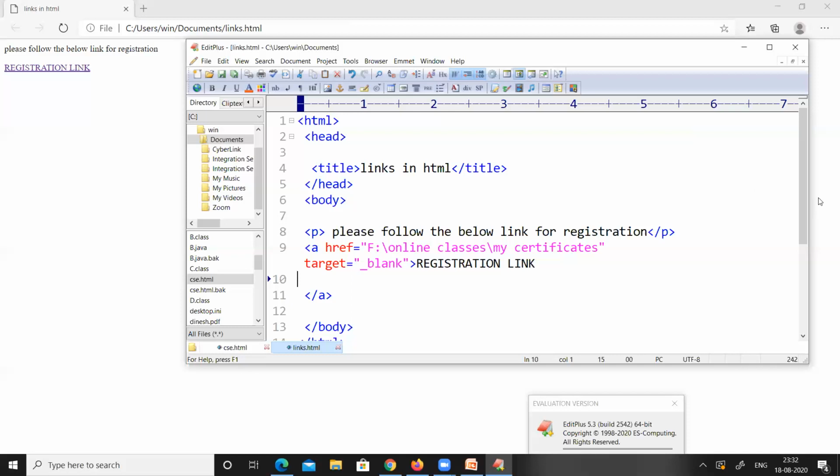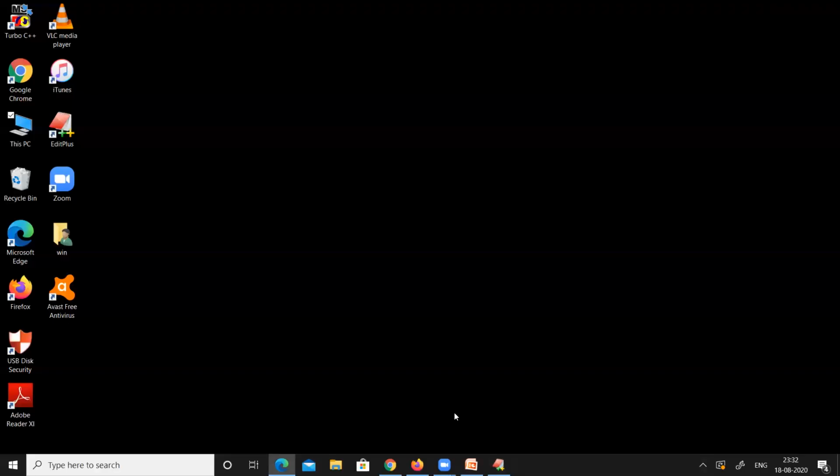Initially I said that I am going to cover 3 topics in this session, but unfortunately I'm unable to cover the remaining 2 topics, that is how to insert images into HTML and how to create lists in HTML. I only completed this links topic, because it has consumed a lot of time, because I explained the theory and then I explained one program on this. So I hope you all understood this creation of links topic.